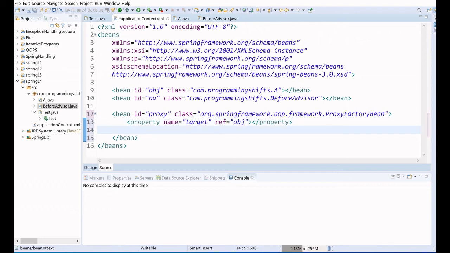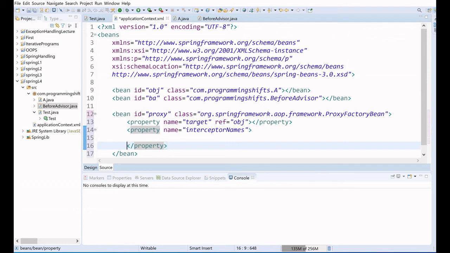Then we are going to write a property tag again, and the name will be interceptorNames. You have to pass the names here, right? So what are the names we have? In the list, how we used to pass the list as a name, we are going to pass the list like this.